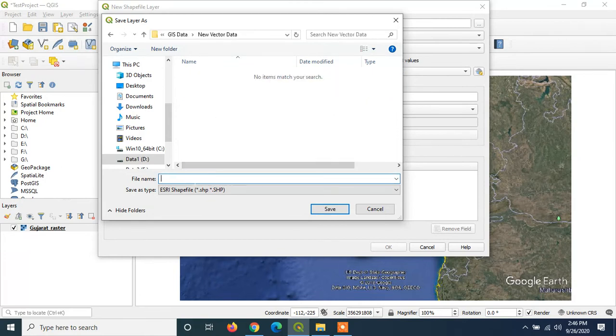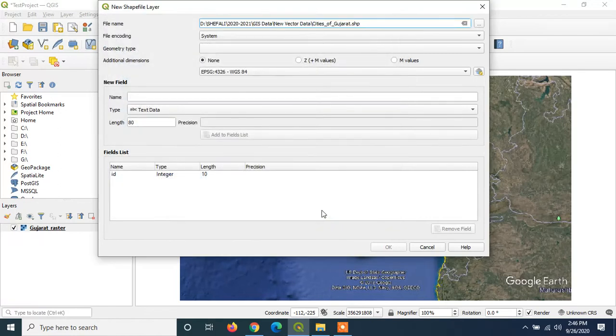Now you can give some meaningful name to this file. So my file name is Cities of Gujarat. So the shape file with name Cities of Gujarat will be created. Now along with .shp file, 3 more files which are supporting files will also be created. So that we'll see later on once we are done with the creation of this vector data point layer, whether those files are created or not. They are created automatically. We are creating only shapefile.shp file, but the supporting files will be created automatically.